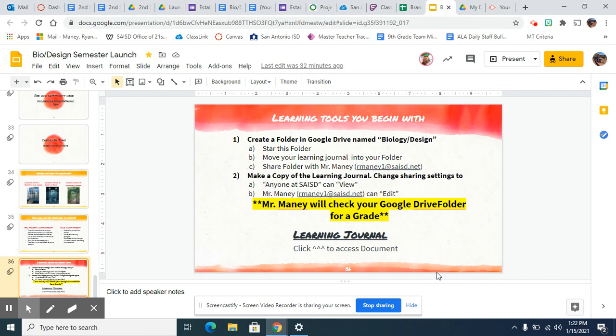The first step is we're going to go to slide 36 on our launch slides, which you can find from our Canvas post. This is the last slide here and really the last assignment to launch us into this PBL before we start with hitting our checkpoints. So the first thing that we want to do is we're going to create a folder